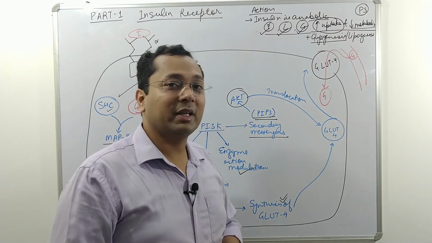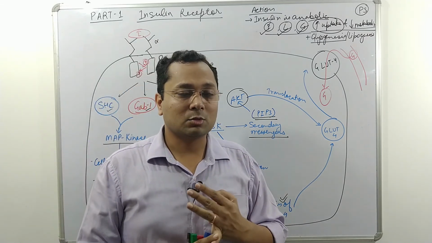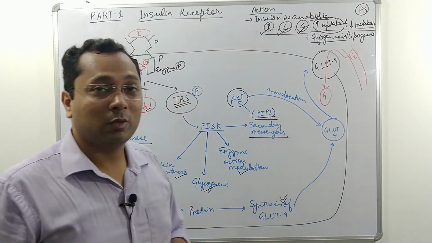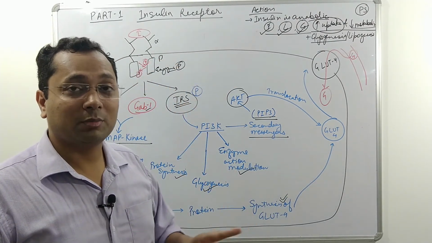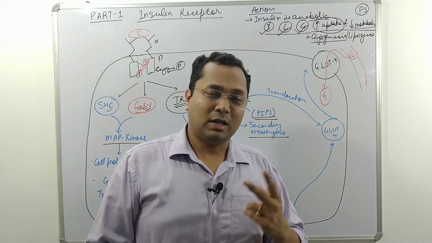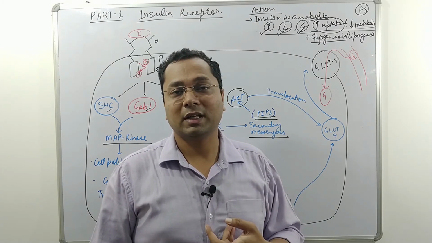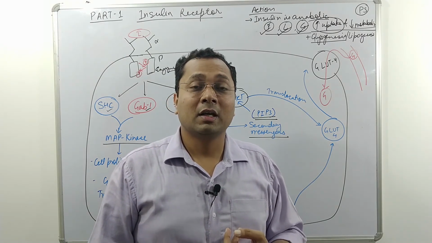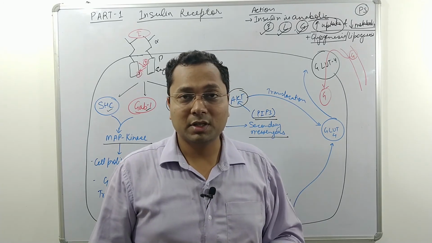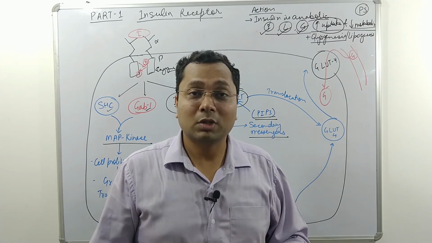Now in the very beginning I told that there are three classical symptoms associated with diabetes mellitus: polyuria, polyphagia and polydipsia. Now we have to understand why those symptoms are developing, because during diabetes mellitus, I told in the beginning that there can be one of two conditions. Either there can be a lack of insulin, or there can be malfunctioning in the insulin signaling. So even if the insulin is present, our cells cannot respond to that insulin.